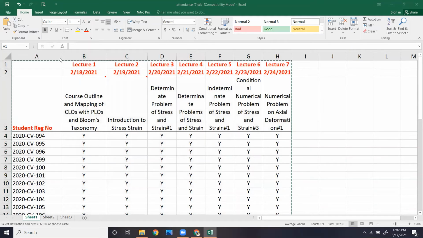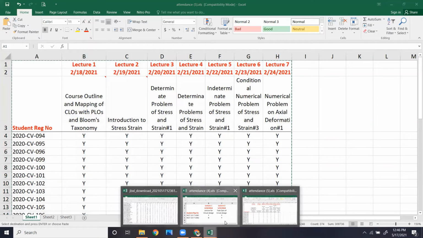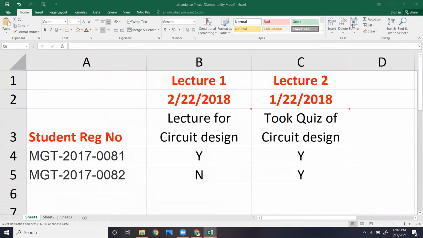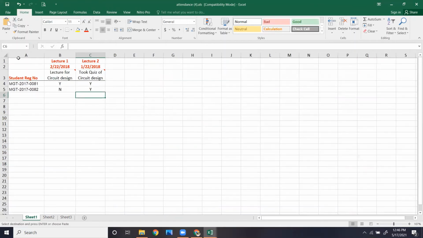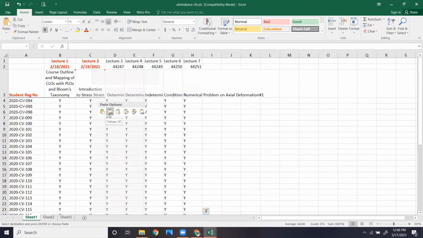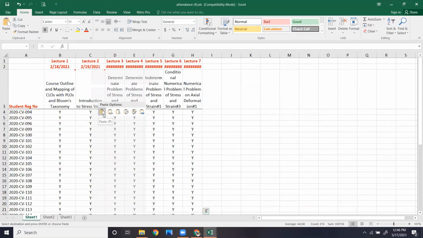So this is the attendance of the students. For example, this was the file I have downloaded, which I have shown you. What you have to do is copy and paste it into the format that is required.